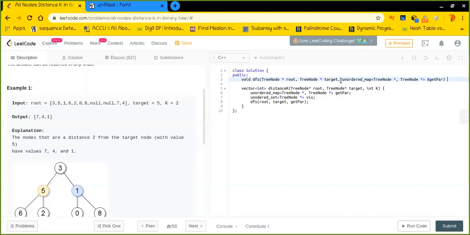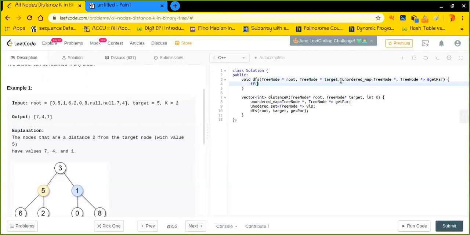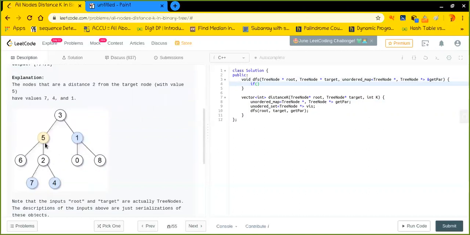All right, so right here, what will be the base condition? As for below the target, the subtree, I do not require the subtree to be mapped with any parent child. I just require the map above the target node. For example, I'm right here, I just need to map all these things with their parent child relationship, but I do not require the mapping for the nodes below it, because I can access them using simple breadth first search traversal, right?